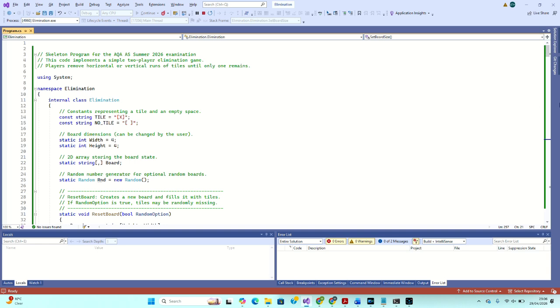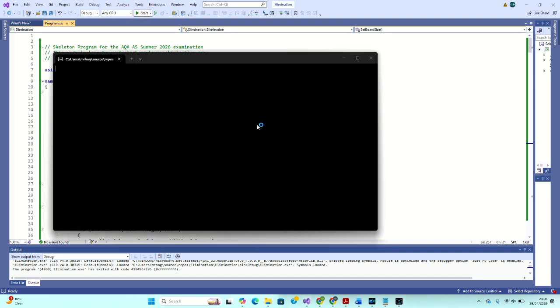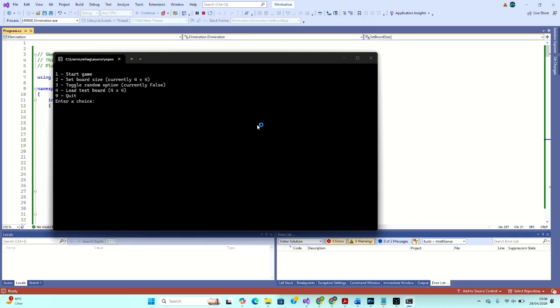I've done some previous videos where I've taken you through the code and sorted out some previous issues with the code. So I'm going to show you another potential extension to the program. So let's start the program now. I'm going to start the game. Now, I'm able to move